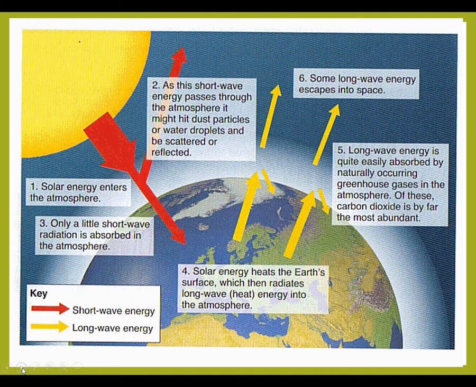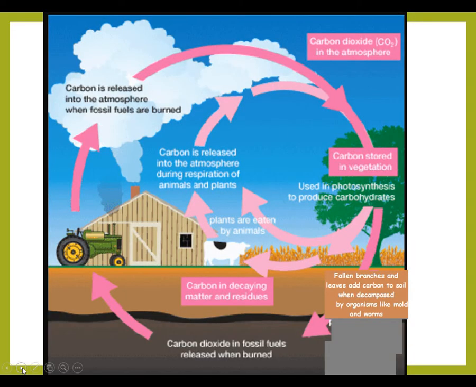The problem comes when you get an enhanced greenhouse effect because we are messing with the thickness of the glass. We're messing with the thickness of the atmosphere. And that's because we're messing with the carbon cycle. Now, what we've got going on here is a mixture of natural and man-made carbon usage. All right? So if we look first at just really what's going on in this inner circle, okay, the light